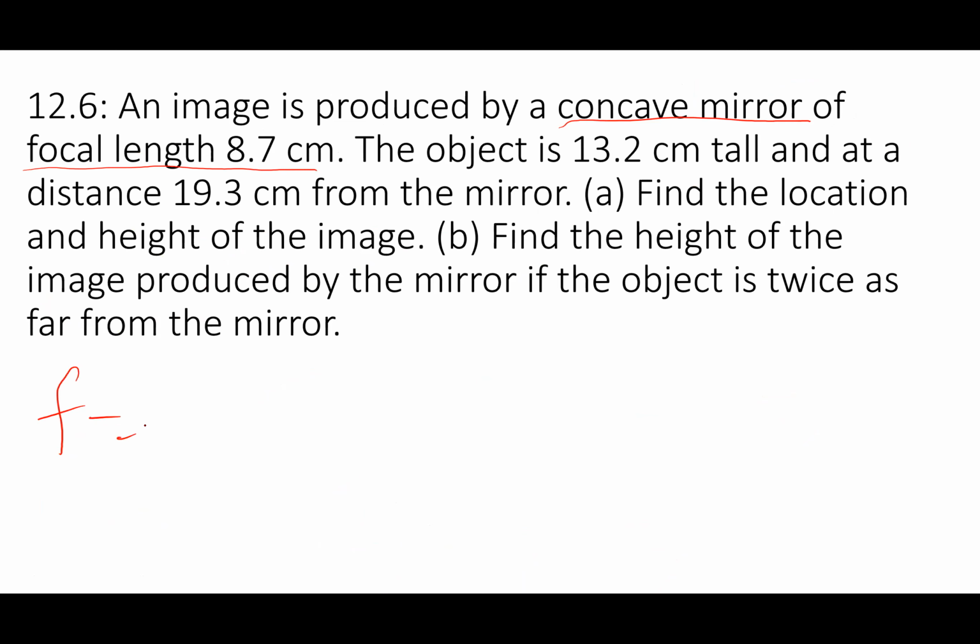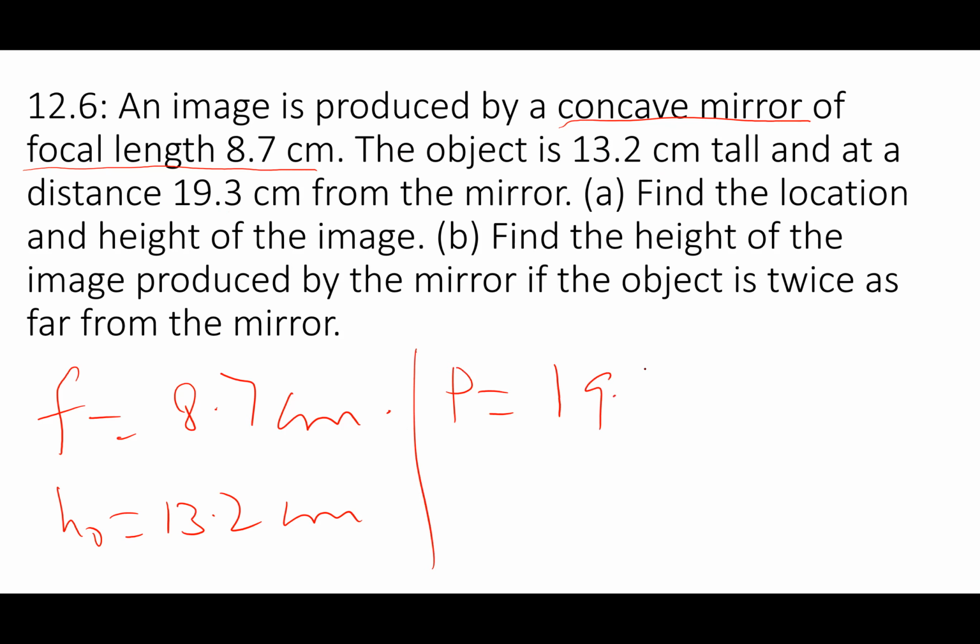Focal length is 8.7 centimeter. The object is 13.2 centimeter tall. Height of object is equal to 13.2 centimeter. Object distance is 19.3 centimeter from the mirror. Find the location and height of the image: height of image, distance of image. Find the height of the image produced by the mirror